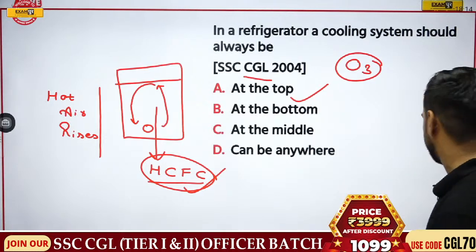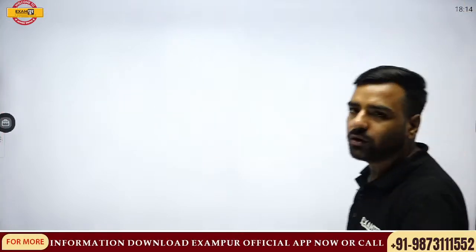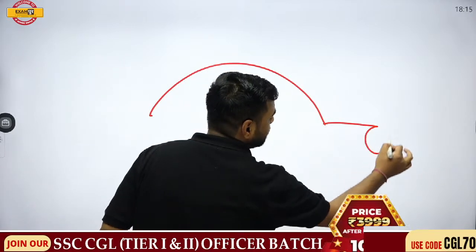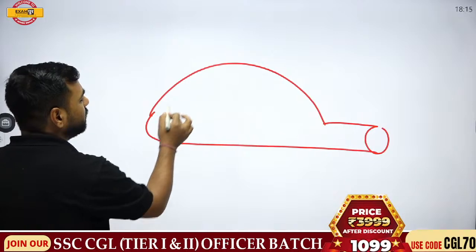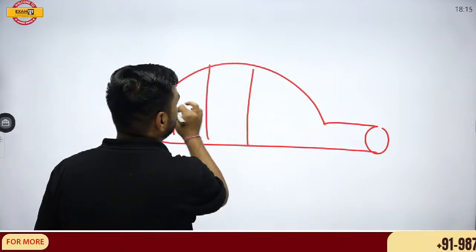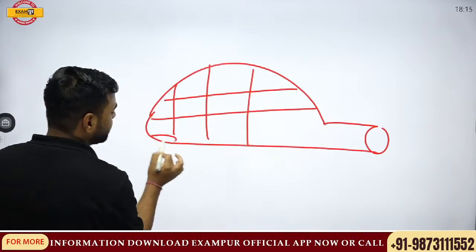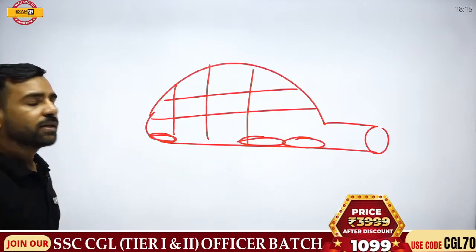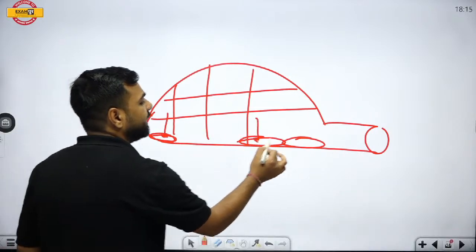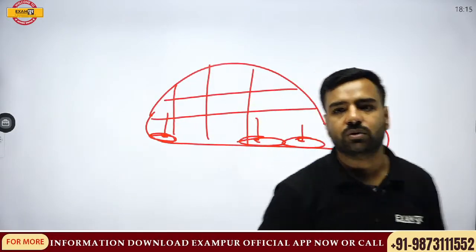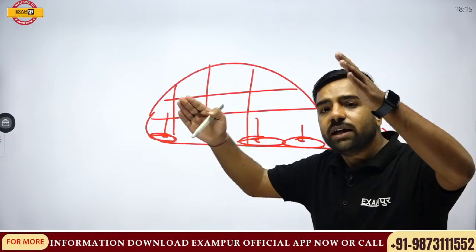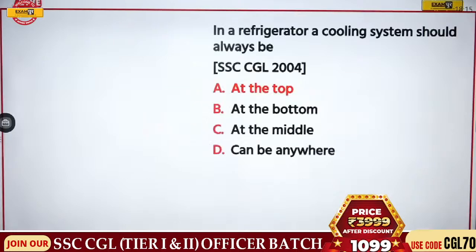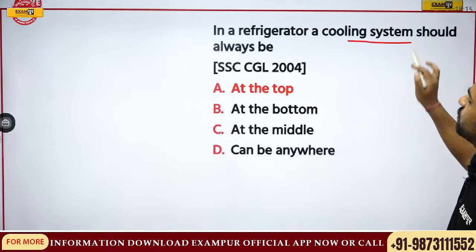One more thing, from this logic itself, let me tell you about the igloo. If I draw an igloo over here, an igloo looks quite like this, right? What happens in the igloo? In the igloo, we just dig some snow over here. Whatever cool air is there, it actually settles down here, and hence we feel quite hot in igloos. So please remember, cold air settles down and hot air rises up. Okay, let's move forward with the next question. So here, in a refrigerator, the cooling system should always be at the top.